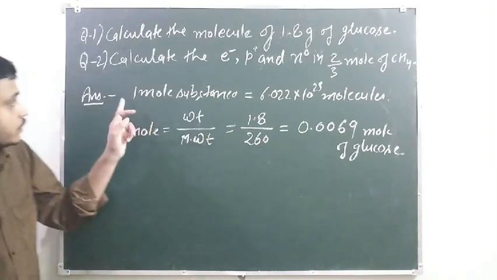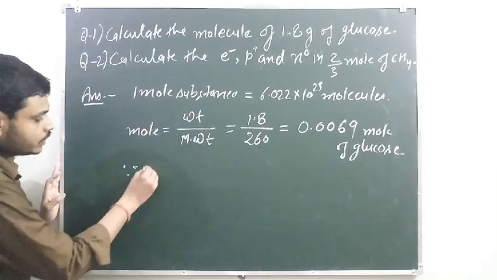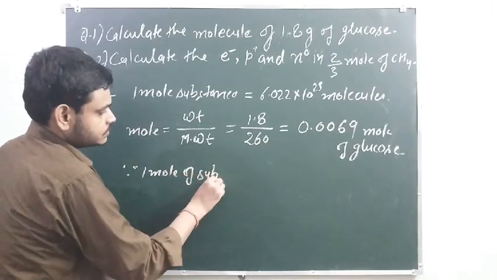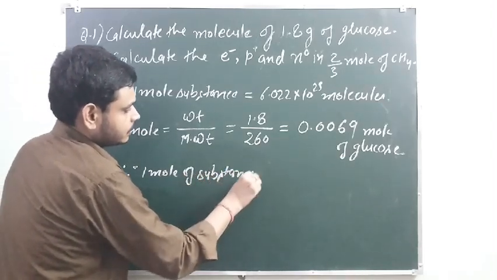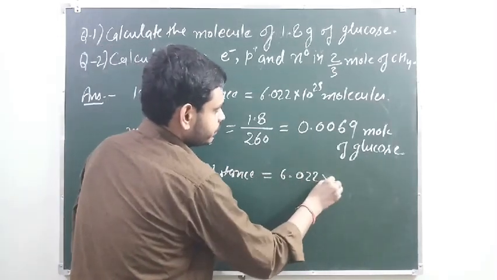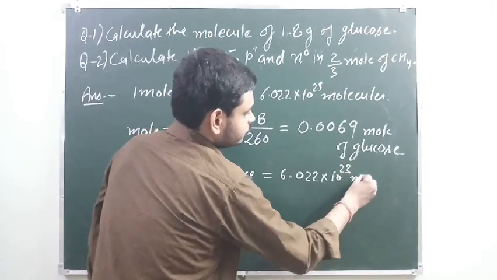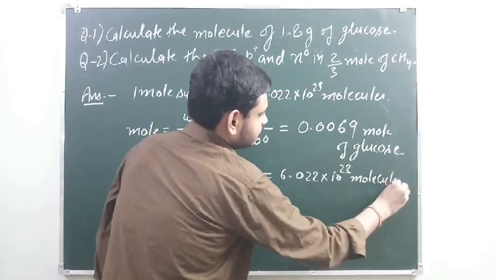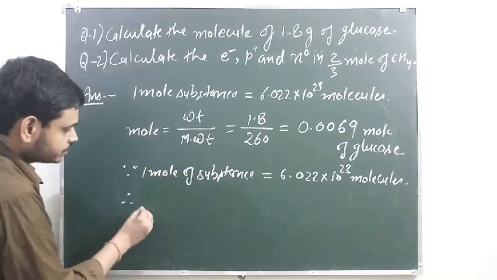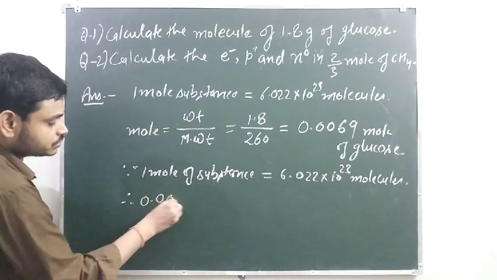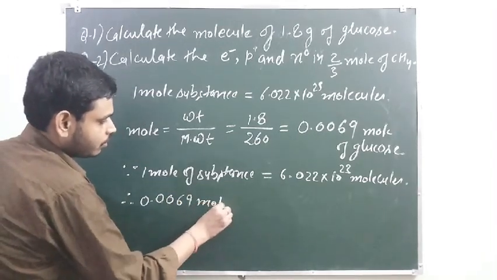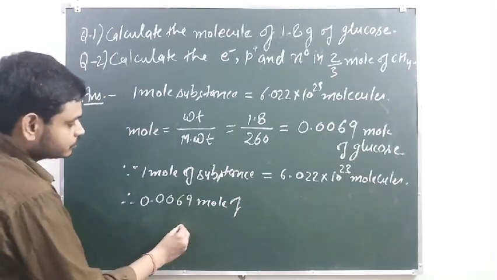We know that since 1 mole of substance contains 6.022 into 10 to the power 23 molecules, therefore 0.0069 mole of glucose